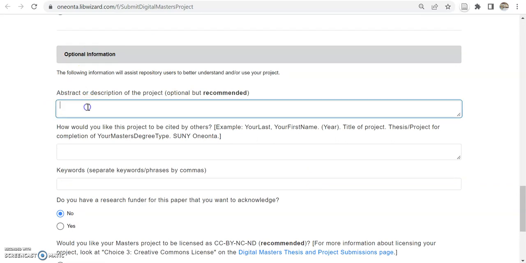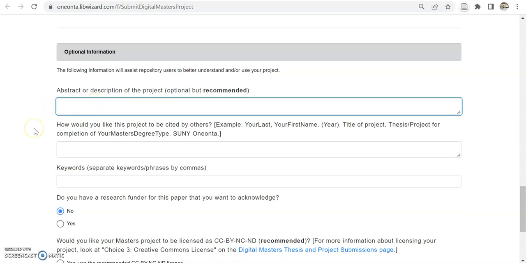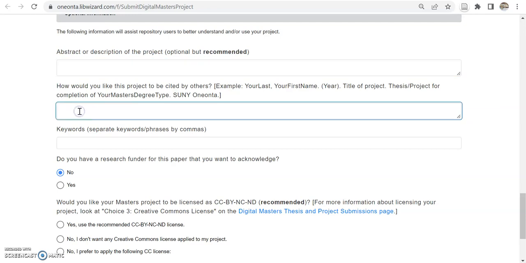Then there's a whole bunch of optional sections. We really highly recommend, and your faculty member actually might require you to submit an abstract or description of the project, which shows up in the SOAR description and is really important for people deciding whether or not to actually download and read your article. If you have a citation,